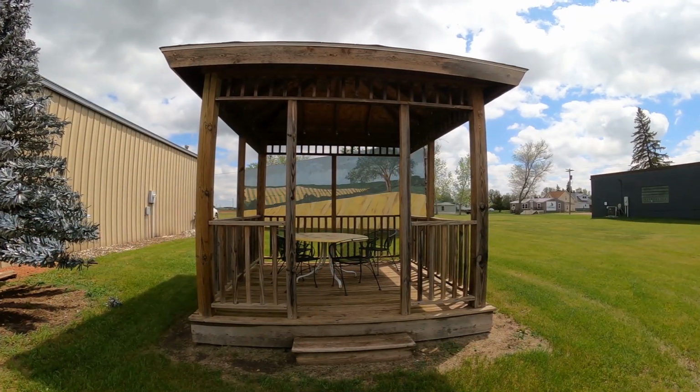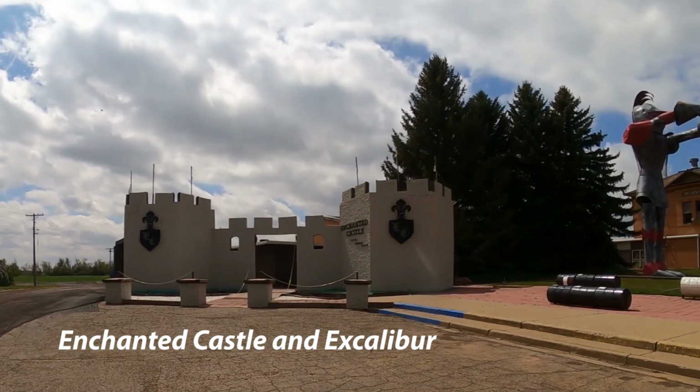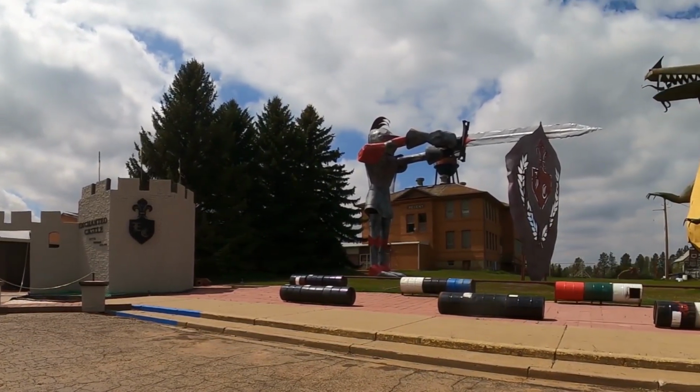I love the tree there, but he made it too. They've got a nice little shaded area if you want to sit outside there. And they had good ice cream. Yes, they did. So just about a mile outside of town, you come to the Enchanted Castle, which has a